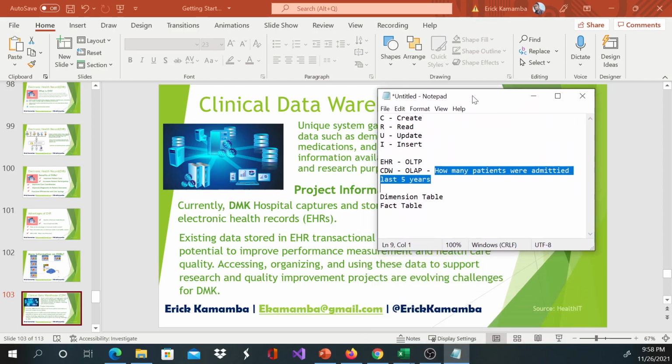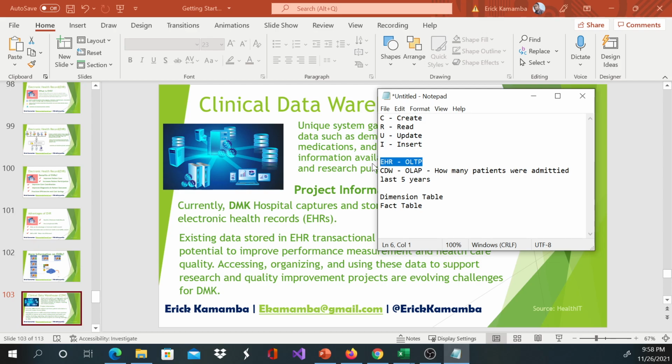We don't really store individual records. We store it in such a way that it's easy for us to analyze, and I'll show you how. But depending on what you want to analyze, that's where you're going to pull that specific information. You're going to make your report faster, and at the same time, you won't affect the performance of